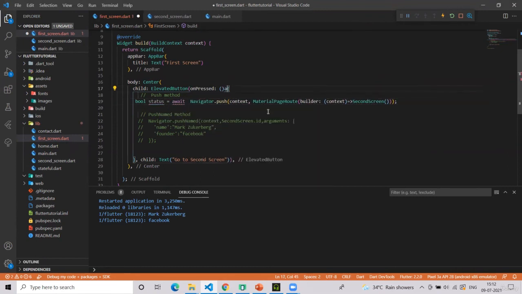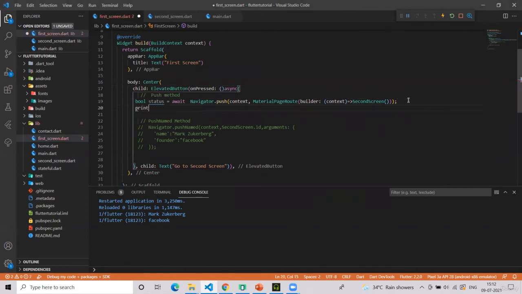This async and await concept definitely we will learn in the next session. Right now, you just remember here, we are waiting for this function or for this action to complete, and then only the value will be stored in the status boolean.